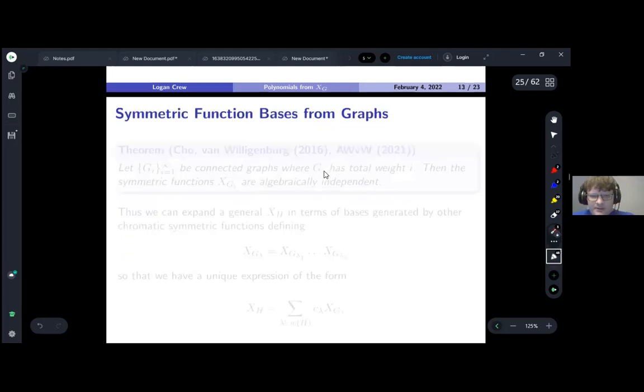But the main thing I'm going to talk about involves the tree polynomial of a graph, which is, as far as I'm aware, a newly defined polynomial by myself and Chan. And in order to talk about the tree polynomial, we need to talk a bit more about expanding graphs into bases from symmetric functions. We've already seen how you can represent the P, the E, and the M bases, traditional bases of symmetric functions, but you could actually express them as chromatic symmetric functions of vertex-weighted graphs in a nice